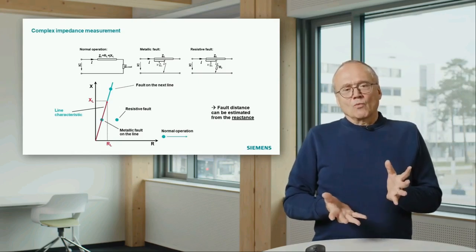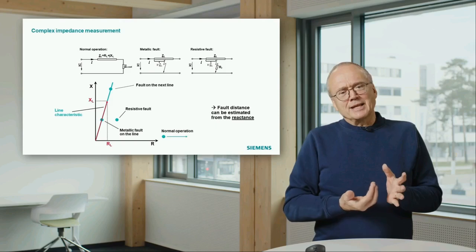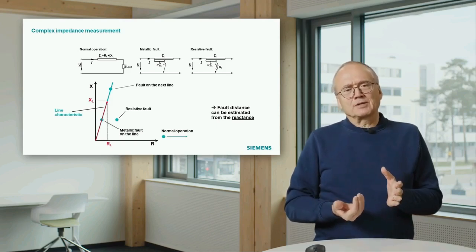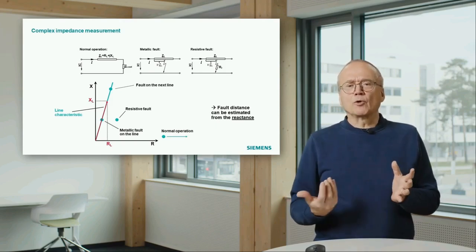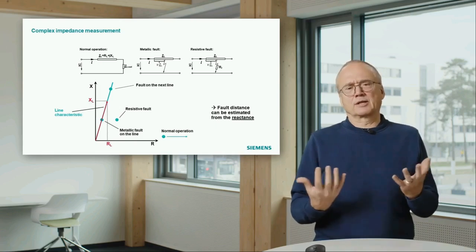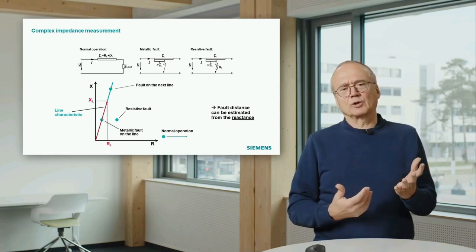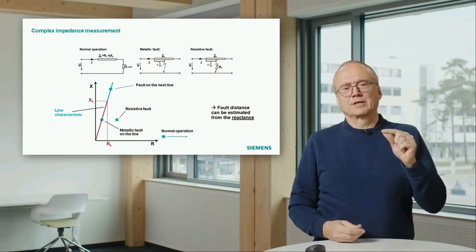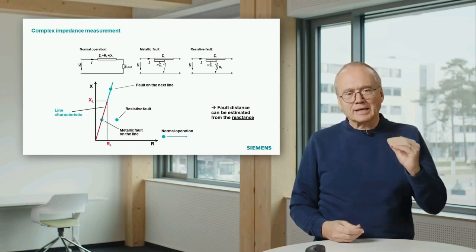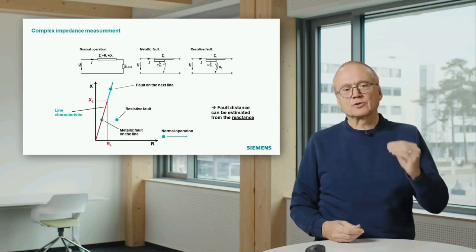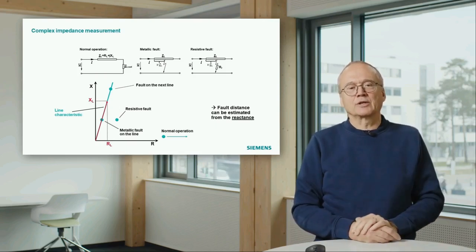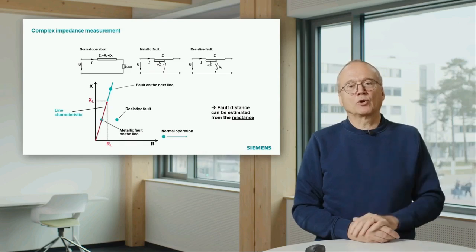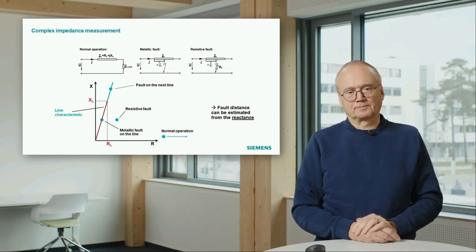And what can we take? We see the resistive part of the measured impedance is influenced by the fault resistance, and it can be anything. It can be zero, it can be a high fault resistance. But what we also see, the reactance is not influenced. That means we can take the measured reactive part, the reactance to the fault, as a criterion: is the fault on our line or not.